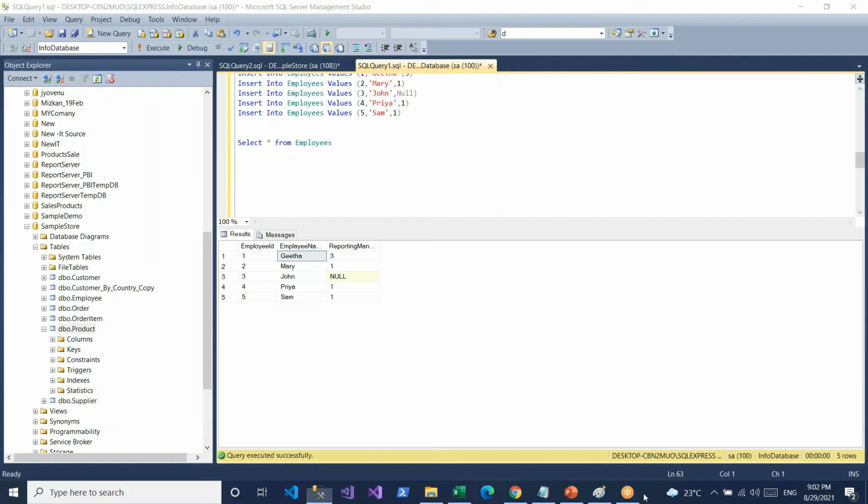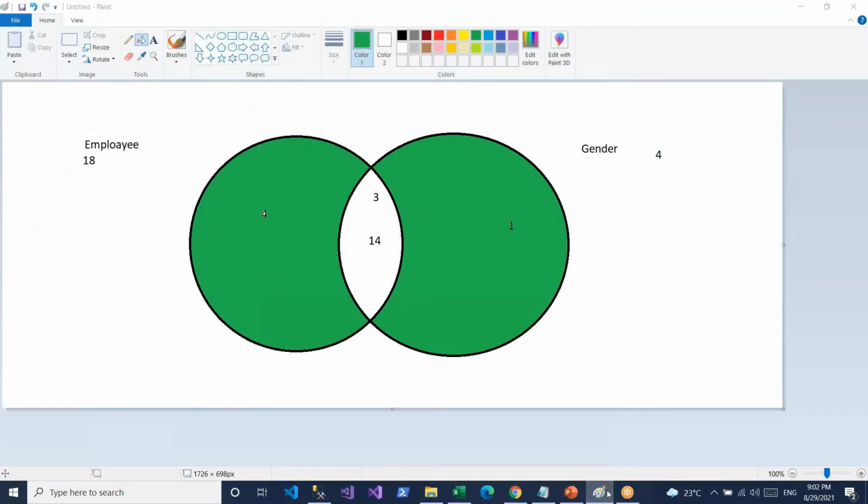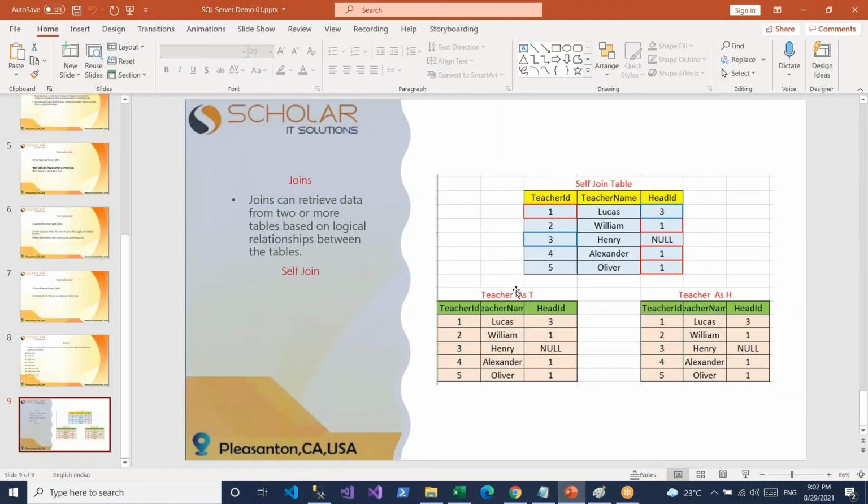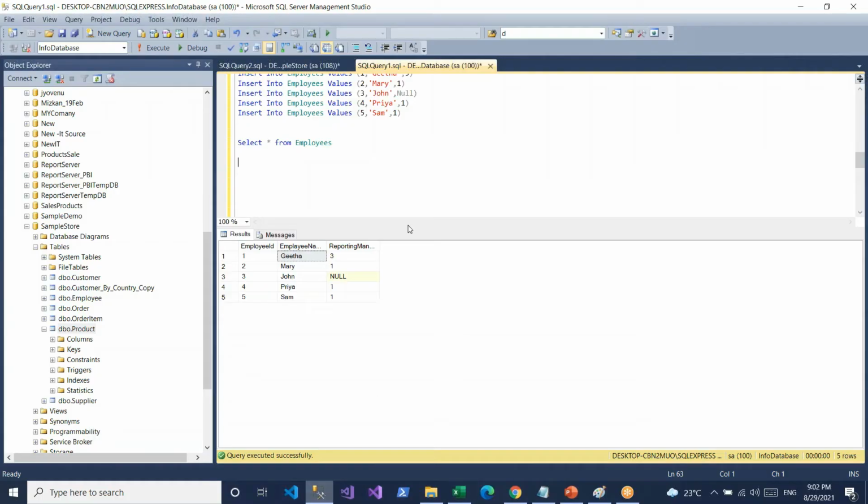Like this one. First with alias names, as shown here, alias names T and H. In the same manner I will apply it here.